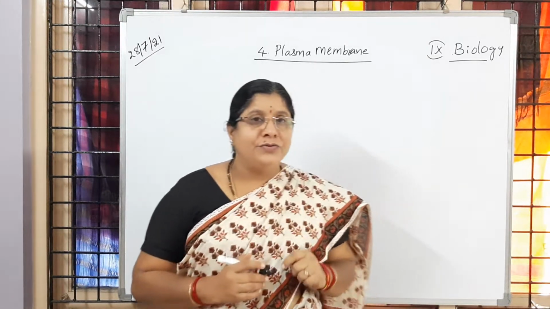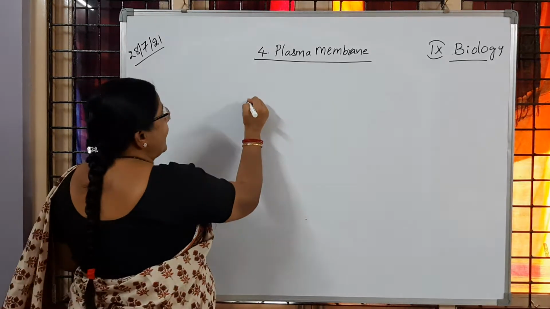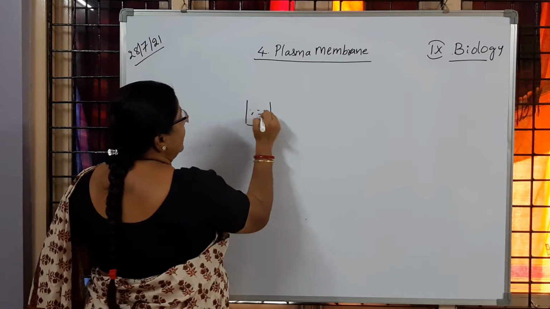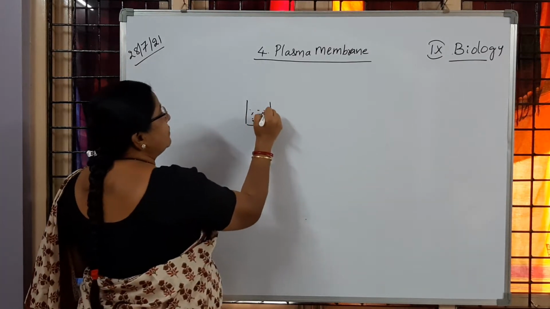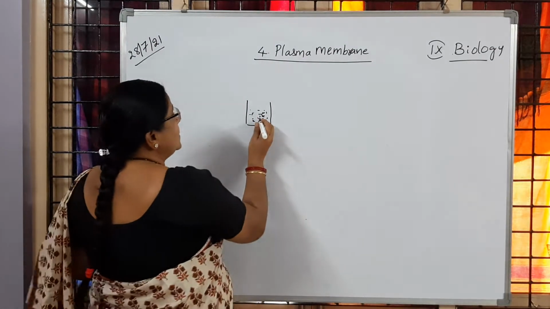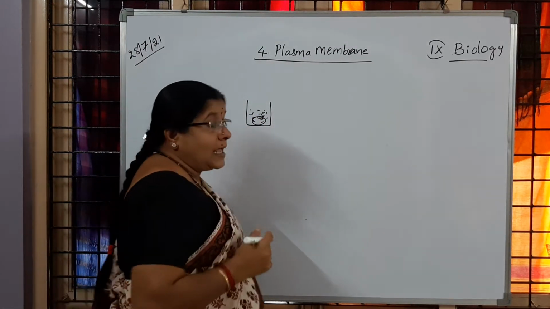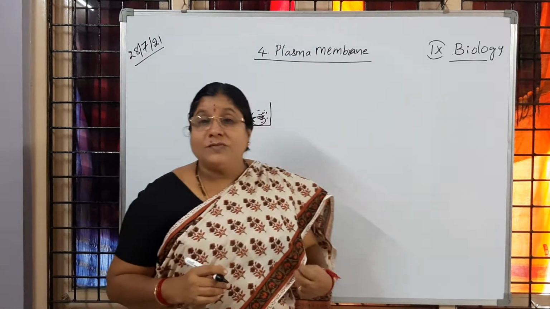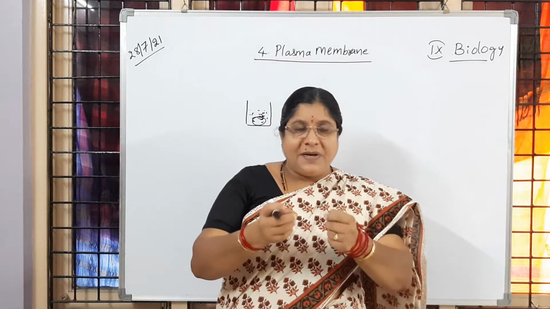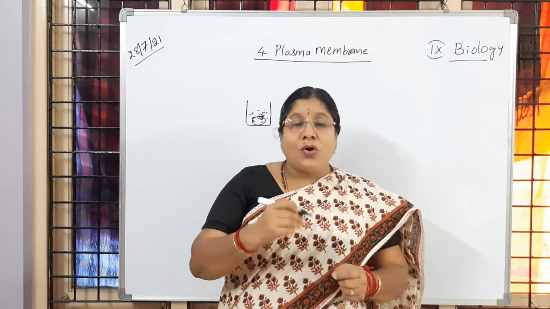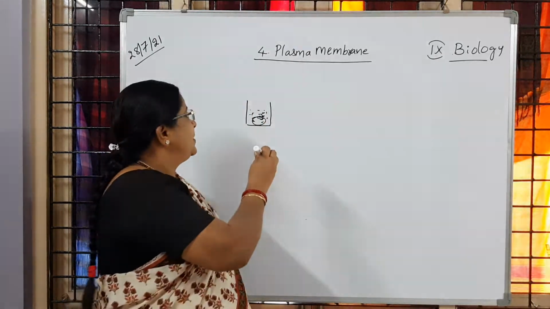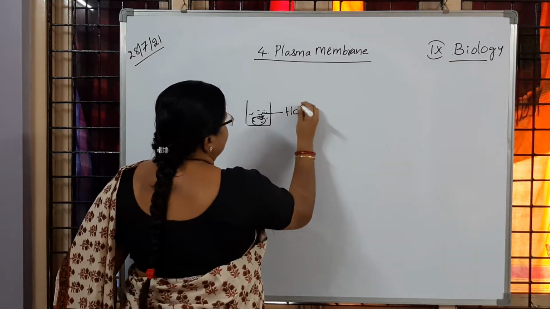First, we have to take a beaker and fill it three-quarters with hydrochloric acid, and keep an egg in it. You know that the eggshell is made up of calcium carbonate and is hard, so when we break it, the cell membrane will be damaged. To avoid that, we make the eggshell dissolve in the hydrochloric acid. Is it clear to you?